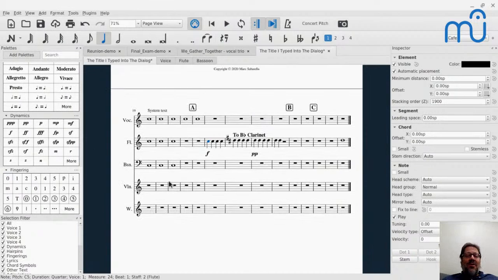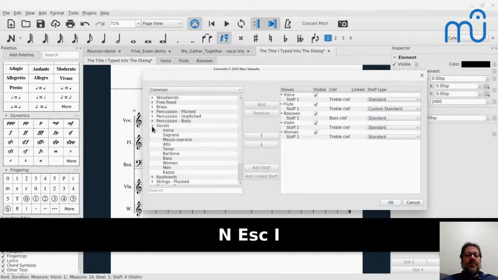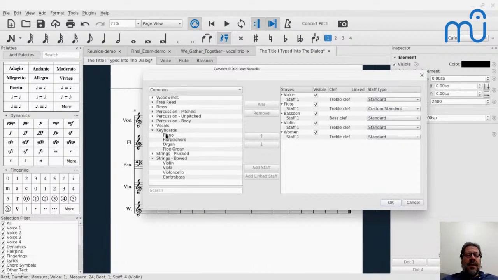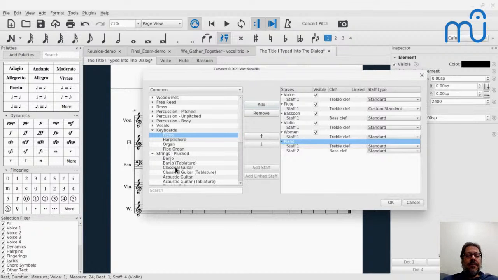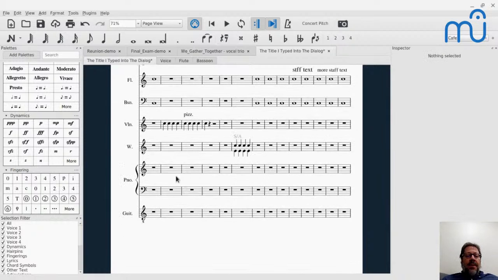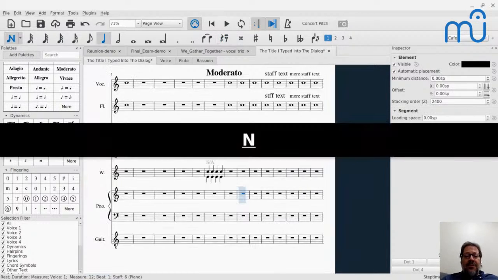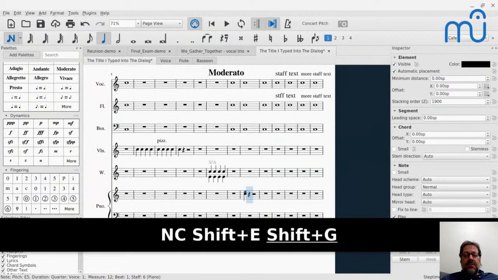So if I have some notes here, let me actually add a piano. I'll add a piano, and I'm going to add a guitar. So on the piano staff, I can add some notes.